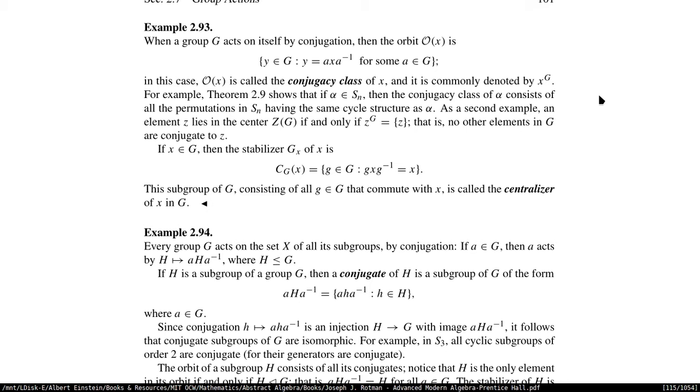So the normalizer of the center means you have y inverse would give you z back. So what is it that would like